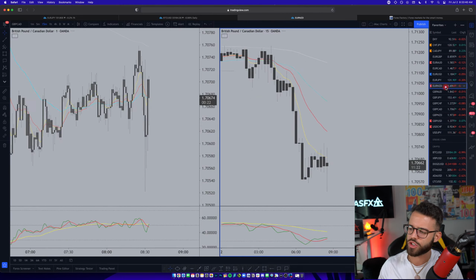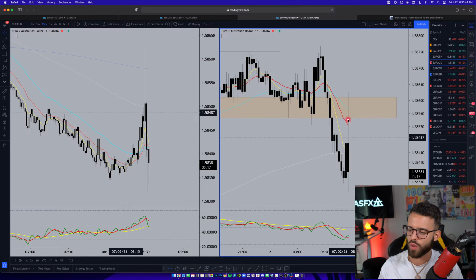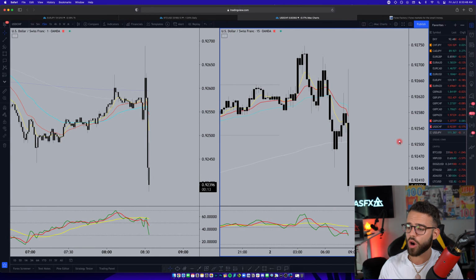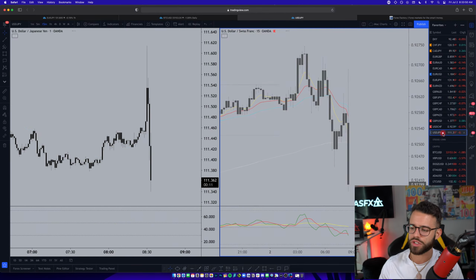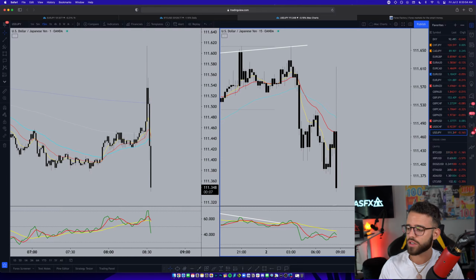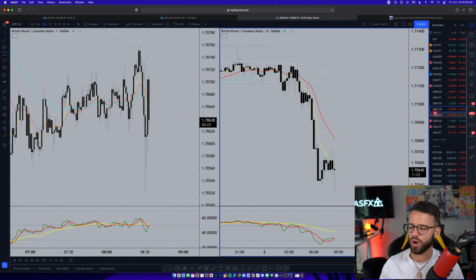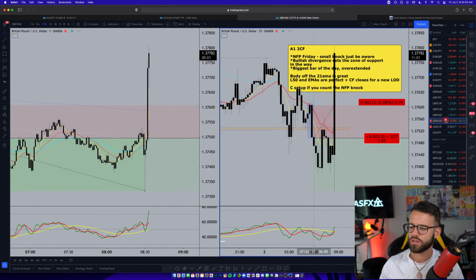See if it's moving other pairs. GCAD's not moving much. EN coming down, so that was good to stay away from. Euro AUD kind of pinned up a little bit here. Now this is coming down. So you see actually the whole market's moving. USD CHF down. So this is not good for USD base pairs. Yeah, D2 idea on USD JPY also coming down. GU way up. Big bar. Wow. Huge bar. New high of the day almost.